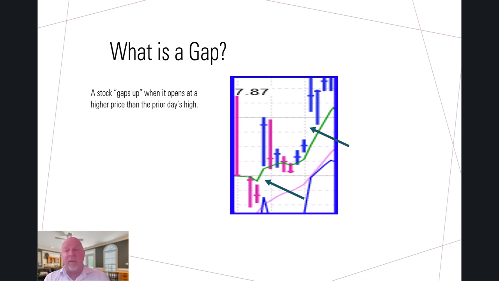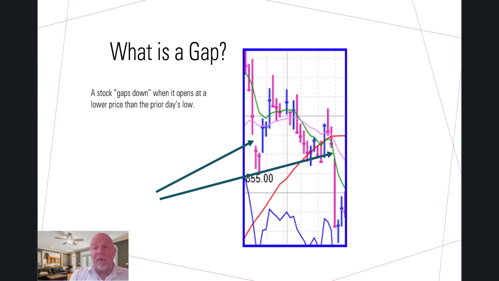First of all, let's define what a gap is for those of you that don't know what the heck I'm talking about. A stock gap is when it gaps up or down. So a gap up is when it opens at a higher price than the day before. And I use daily charts, not hourly or 10-minute charts or weekly, or anything like that. I use daily charts for this study, and you should too. You can use other time frames. I just don't. I'm not a day trader, so it doesn't work for me.